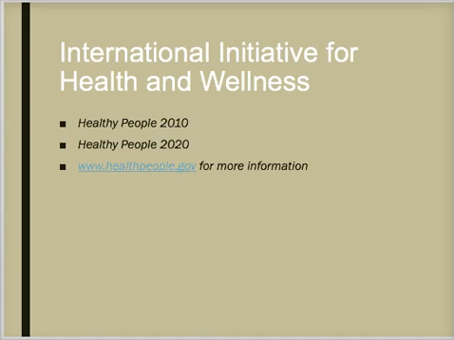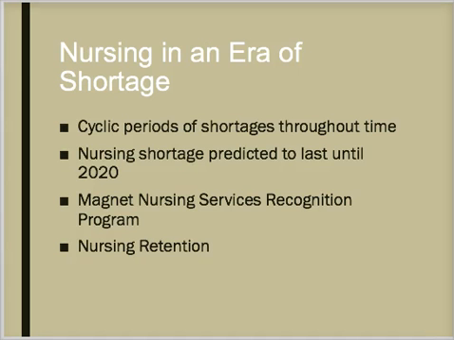The Healthy People 2020 12 topics are access to health services, clinical preventive services, environmental quality, injury and violence, maternal, infant, and child health, mental health, nutrition, physical activity and obesity, oral health, reproductive and sexual health, social determinants, substance abuse, and tobacco. There's a link on the slide to Healthy People 2020, but I also provided the link in the text version of this PowerPoint so that you can access it if you would like to look at it.